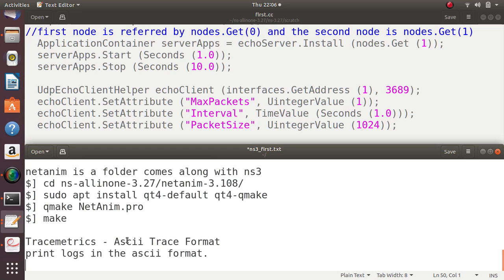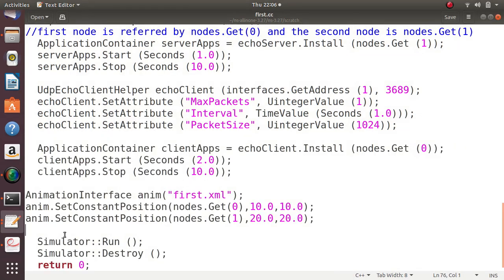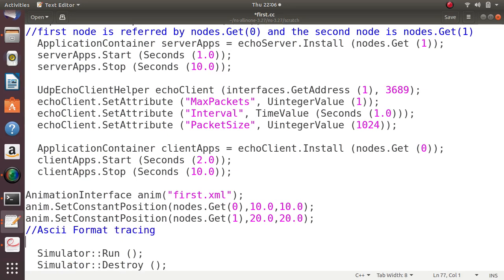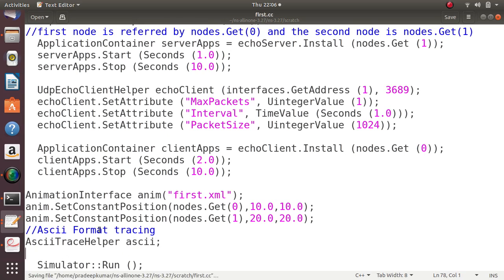So how to include this inside a C file? Let me use that again. I'll be using everything above the simulator function. Okay, so ASCII format tracing. There's a class called ASCII trace helper. Since I already know this command, I am just directly using it. In case you are doing it for the first time, please remember this command. So ASCII